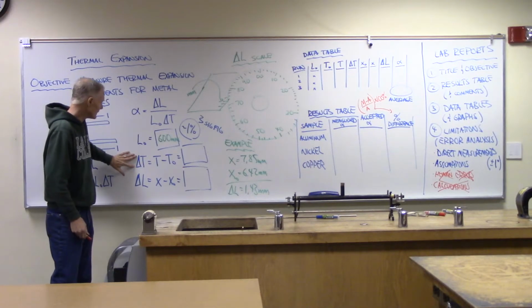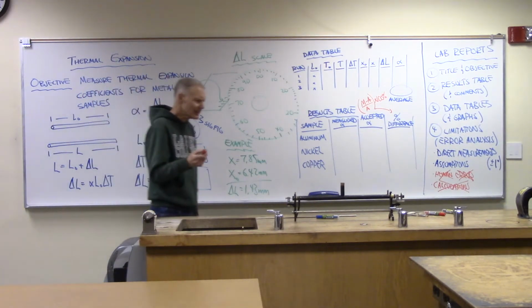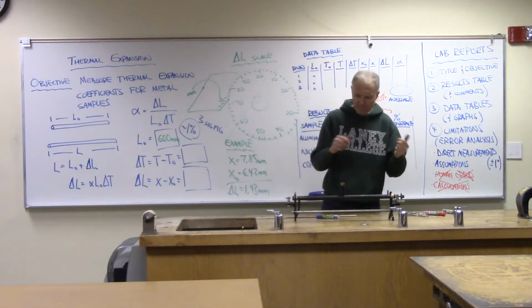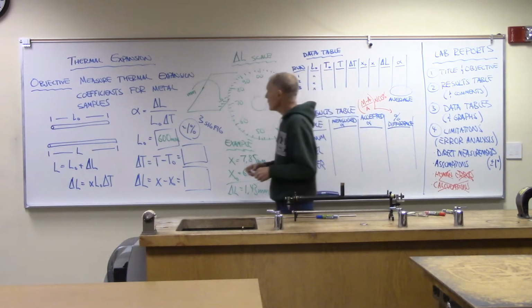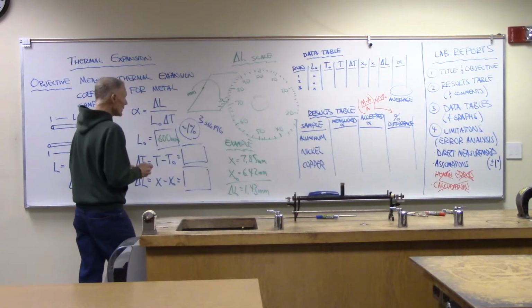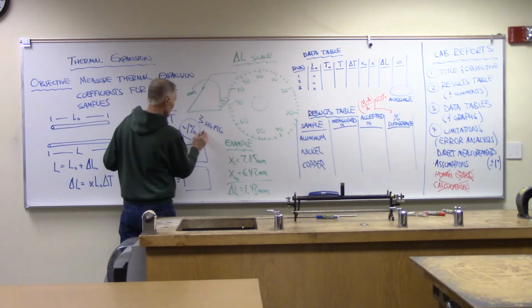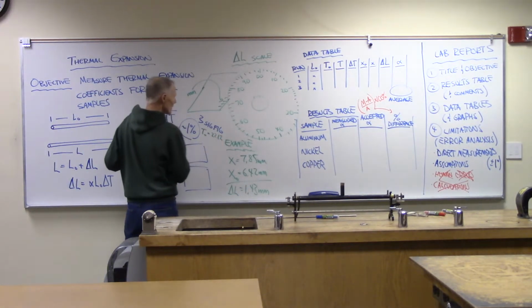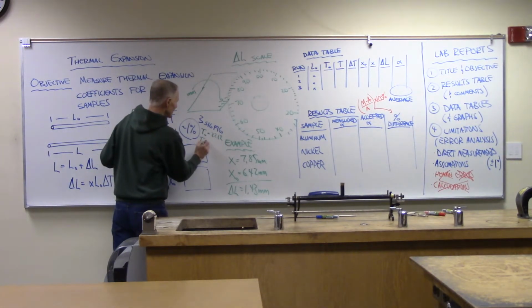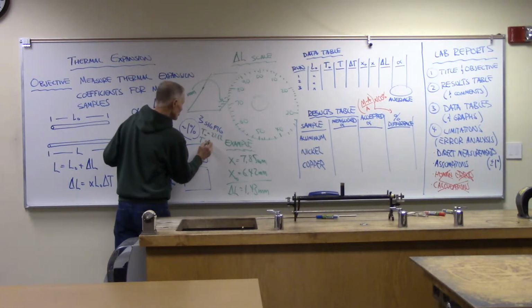Now, what about delta T? Well, delta T is keeping track of what was the temperature that we started at, and then what was the final temperature. Now, delta T could be something like, let's say this. I'm going to try and squeeze this in here. Let's say that the starting temperature was 22.1 Celsius, and that the final temperature reads out at, I'll say, 100.2